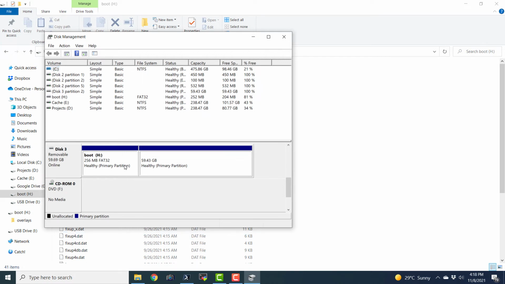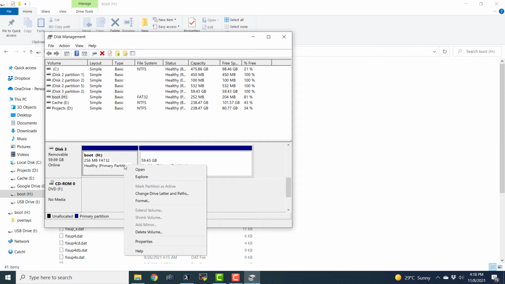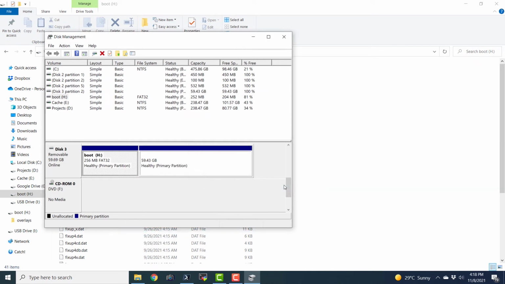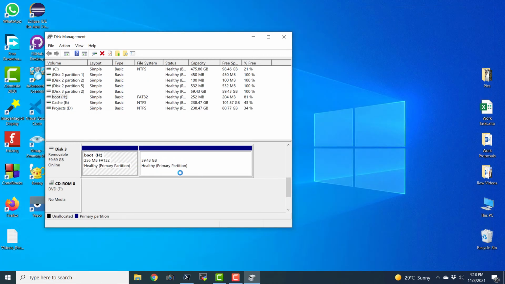We can simply right click it and just say delete volume. So it is going to remove all the data. See, it automatically closed the window in the background. Okay, and now it is saying that it is unallocated. Now I'm going to delete this volume too.